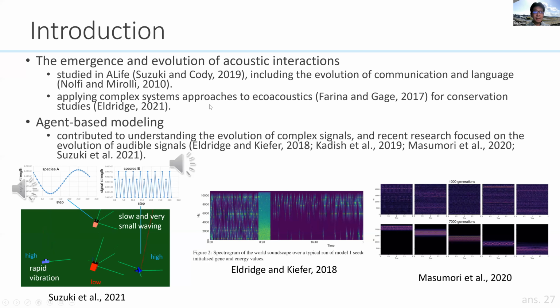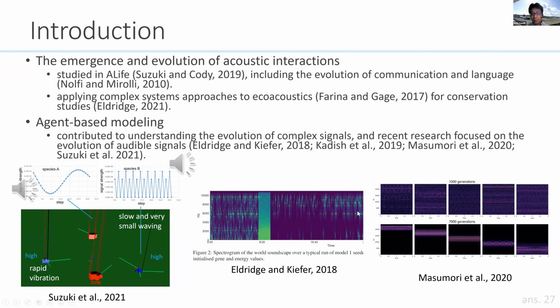The emergence and evolution of acoustic interactions has been studied in artificial life, including the evolution of language. Also, there is an increasing interest in applying complex system approaches to ecoacoustics for conservation studies. Agent-based modeling has contributed to understanding the evolution of complex signals, and recent research focused on the evolution of audible